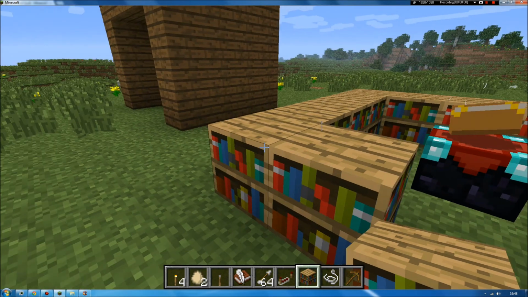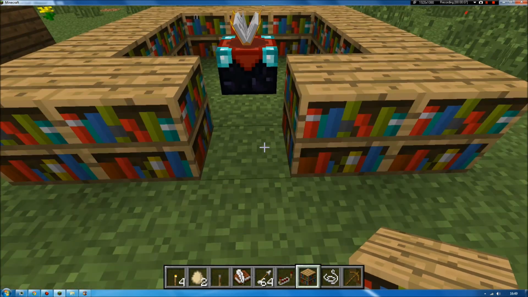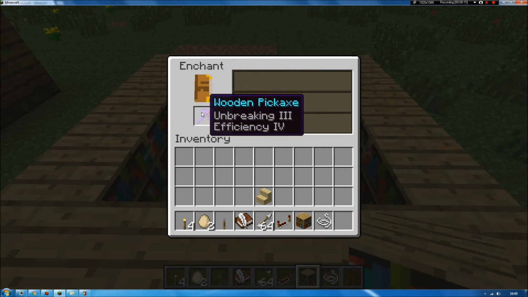There have been a few changes to enchanting as well, as now you only need this many bookshelves to get to level 30, actually. I think it might be that many. So if you stick that in there, yeah, I can get level 30. Level 30 is now the highest,